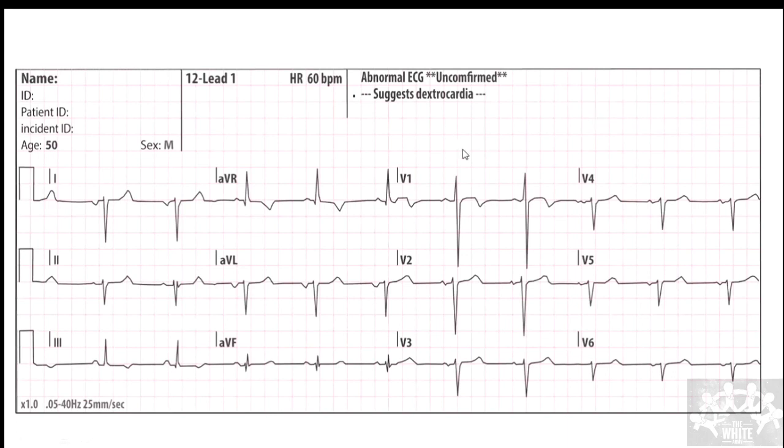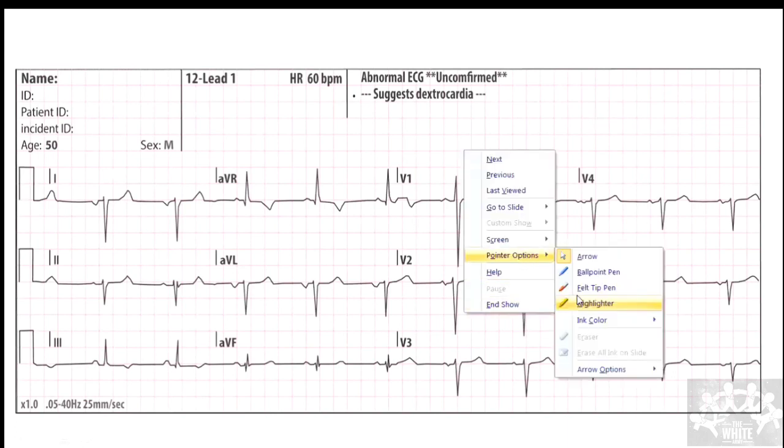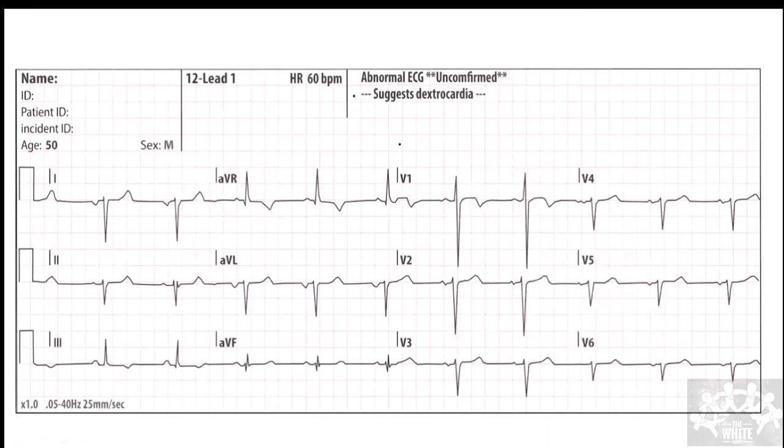Okay, so I'll just draw to make you understand what is happening. If this is going to be my heart, this is dextrocardia, correct? But normally my leads are placed in this direction. V1 to V6 is going to be like this. So here the R wave should increase from V1 to V6, correct? Okay, this is a normal person. So in dextrocardia, what do you expect the R wave progression to be?